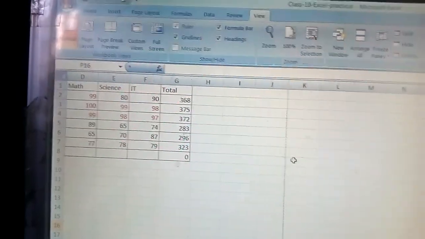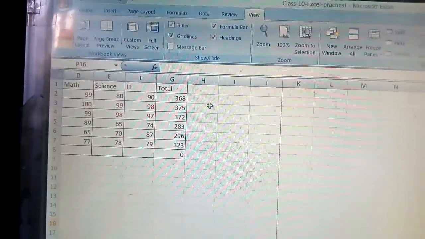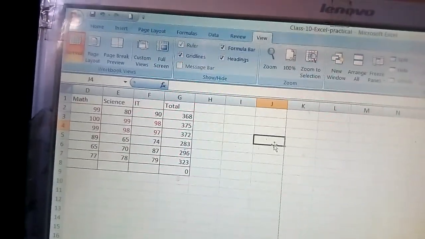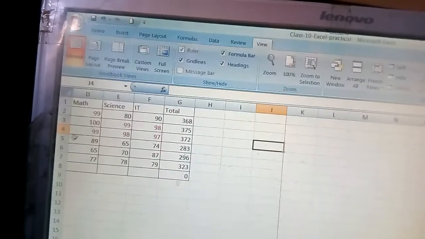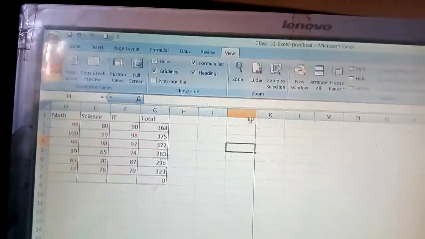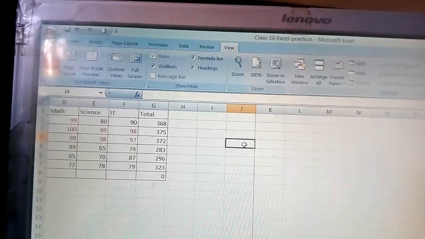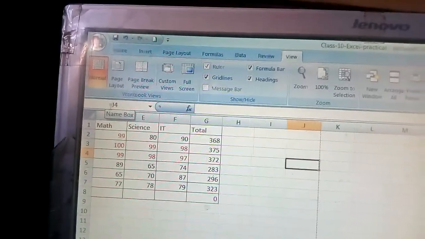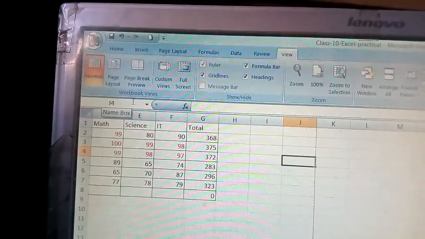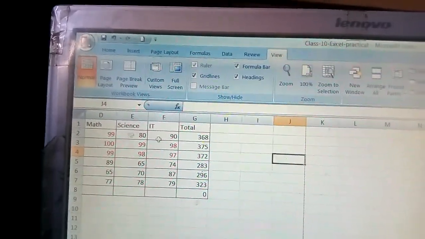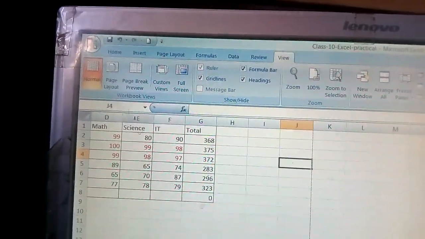Now next thing is, how will you name a cell or range of cells? Cell, you know, is the intersection. This one is one cell, this one is also one cell. The column is J, and this is row 4, so the cell name is J4. First you have to give the name of the column and then the row. So J4 is the name of this cell. Here you can see, this is called the cell reference area, or name box, where you can see the name of the cell.